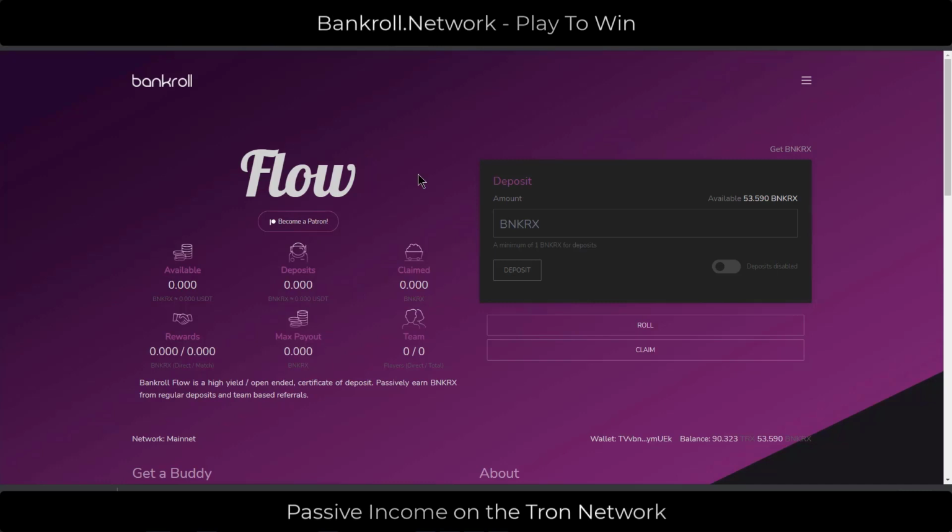However, the rewards are always based on your total deposits. So if you roll, meaning you take your interest and you redeposit, you can actually increase your max payout, and this is called hypercompounding.